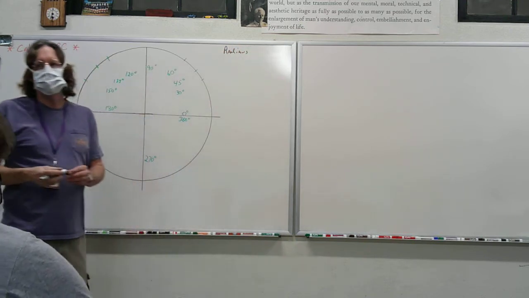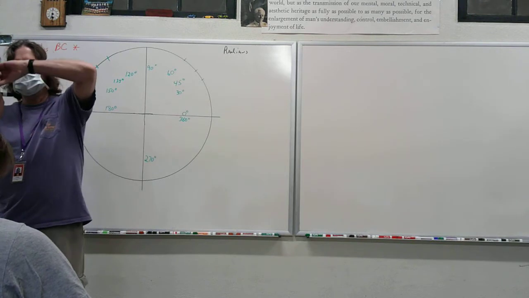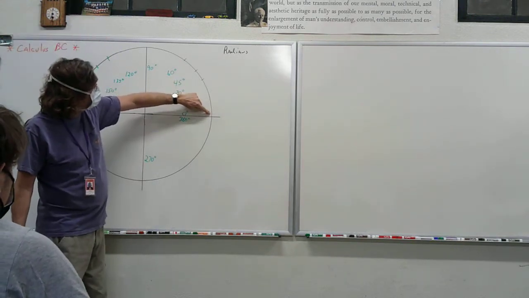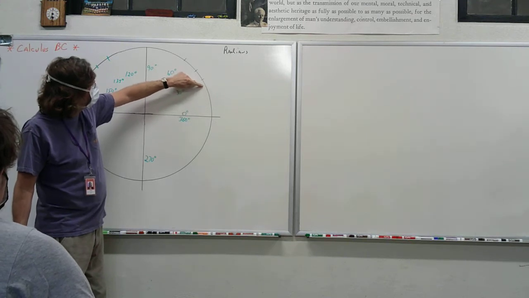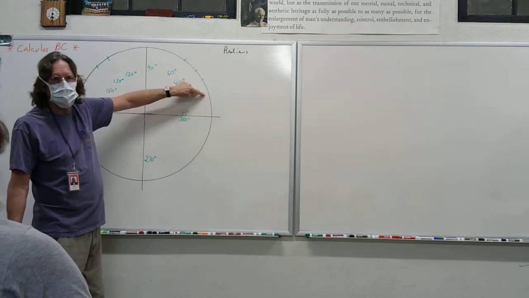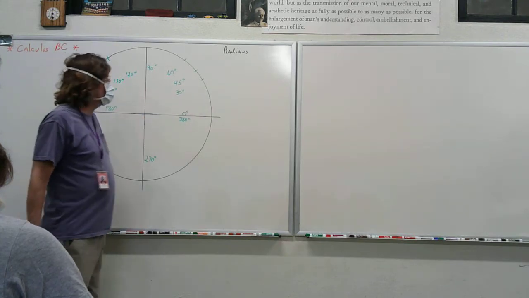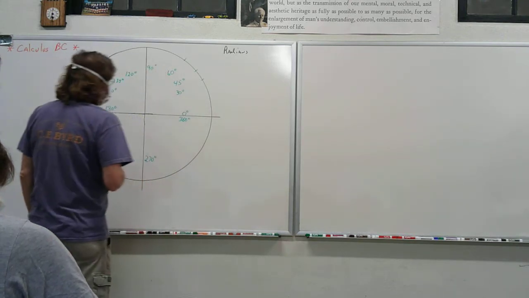Radians is actually a length of measure. It measures length. And what a radian really does, it measures the length that you would go along the circle right here. That's what it measures. It's how far you would go. Now, I think since the radius of this circle is 1,